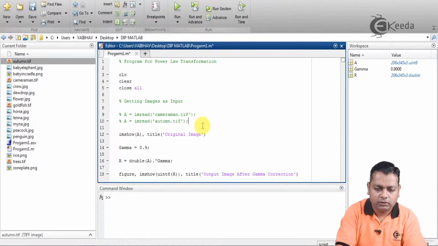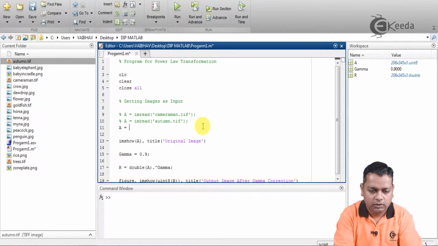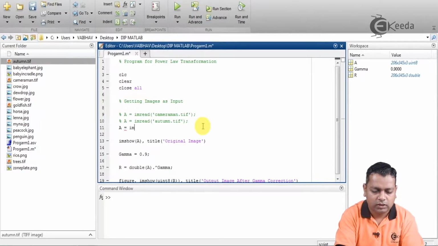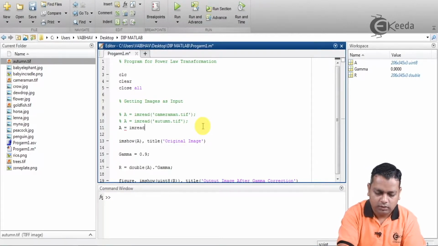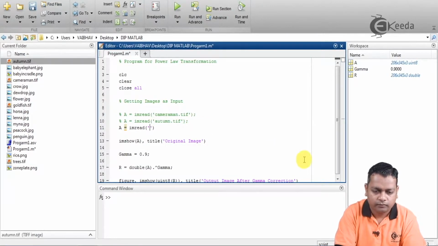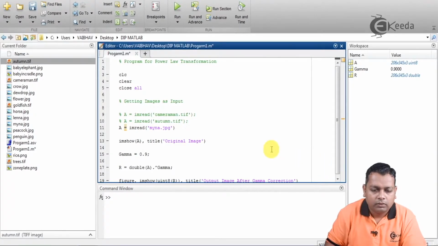I comment it out and give another input. Let us say A will be assigned with imread, and imread will be given the input mana.jpg. For this mana.jpg, as we know, there should be three bands here.